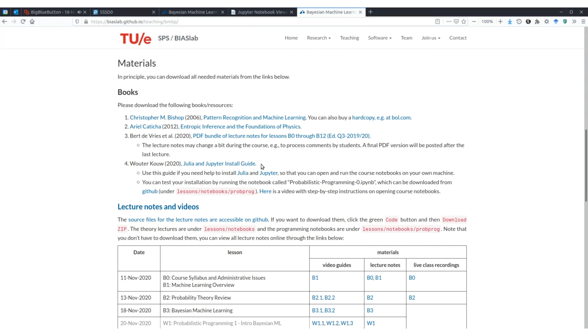So the point of the probabilistic programming sessions is that we go through some problem statements where we try to make some of the equations a bit less abstract. You get to play around with parameters and develop an intuition for how, for instance, shape parameters of a beta distribution actually shape that distribution. So we won't be treating new material, we'll just be going over it again in an example form, and you'll be using Julia and Jupyter to do all of the computations. For that reason, you need to have Julia and Jupyter installed.